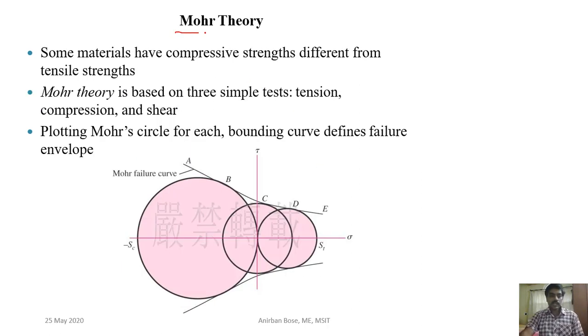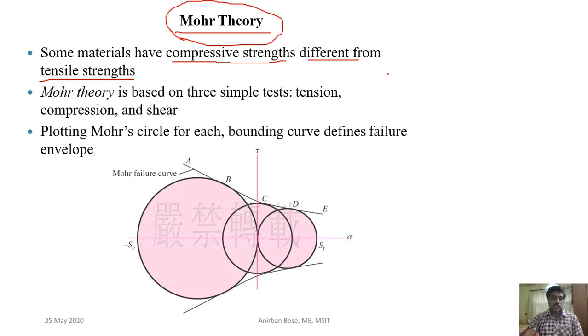Now we'll see another theory, which is the Mohr theory. Some materials have compressive strengths different from the tensile strength. When compressive strengths are different from tensile strength, we use the Mohr theory. We have seen initially the maximum shear stress theory, then the distortion energy theory. Remember, both these theories are applicable for ductile materials,